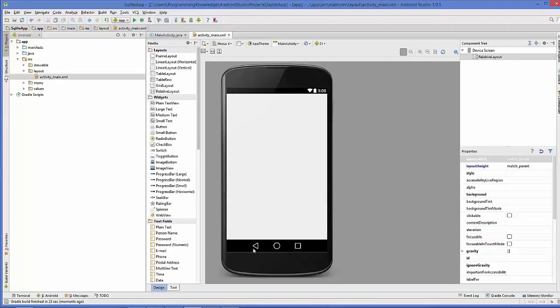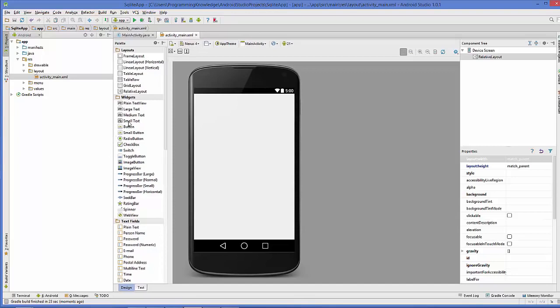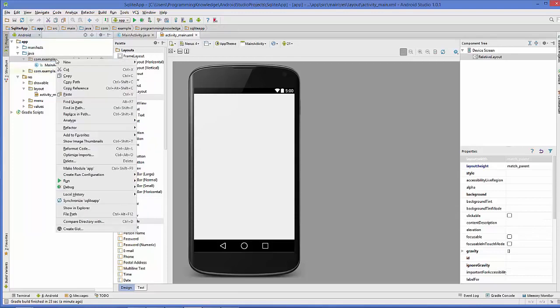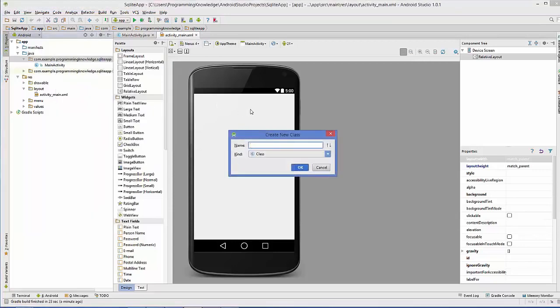so I'm going to finish. Now once your basic app is created, what we are going to do is create a class for handling the SQLite database. So go to your app folder, and in the app folder go to the Java folder, and inside here go to the package in which your main activity is there. So this is the package in which my main activity is there, so just right click this package, and we are going to create a new Java class, and we will name it as